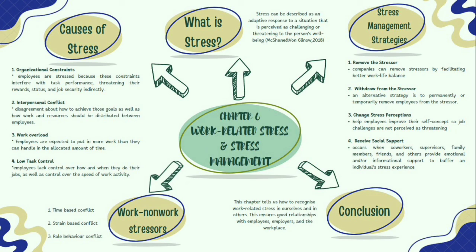Second, withdraw from the stressor. Removing the stressor is generally impractical, so remove personnel from the stressor. Permanent withdrawal happens when employees are transferred to better-fitting positions. Third, change stress perception. How people perceive a stressor affects their stress level. Consider 2 employees who are given a challenging project. One employee is distressed because the duty hinders career success. The other employee feels stressed because the task is a personal challenge. Personal traits affect how employees view stressors.